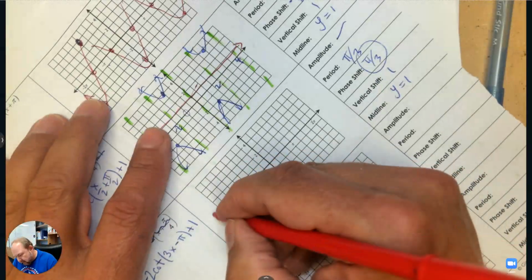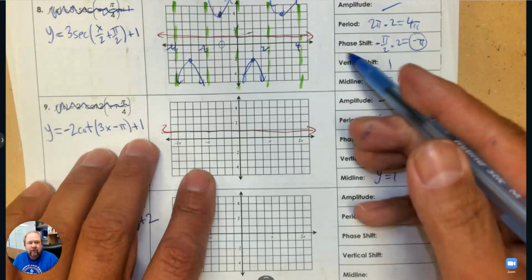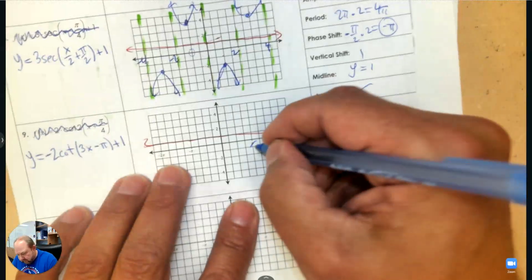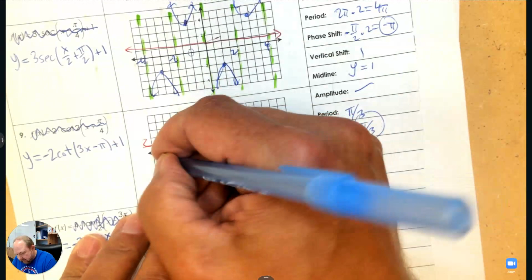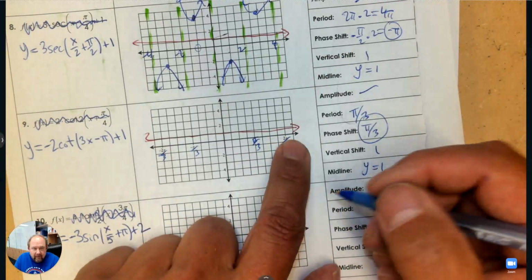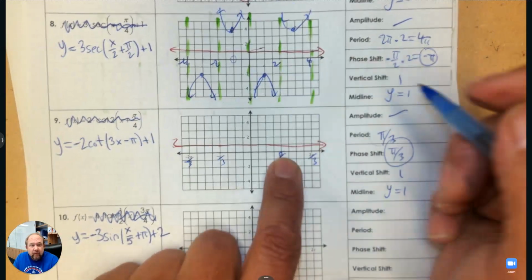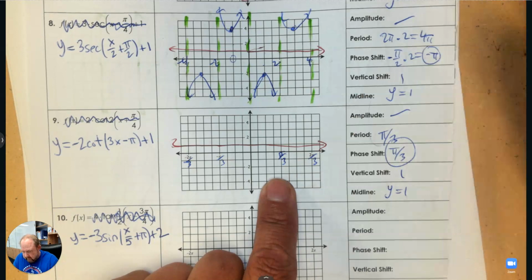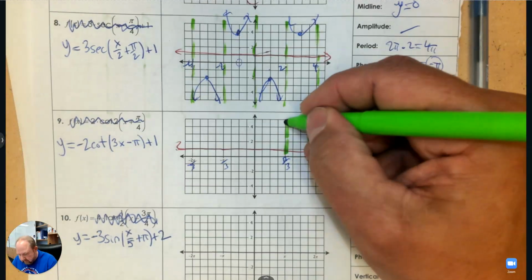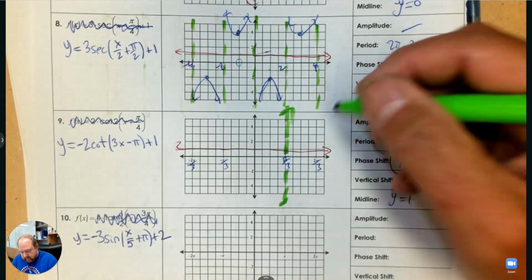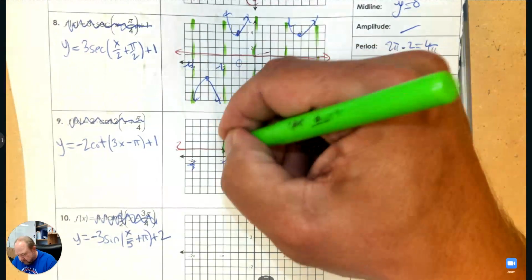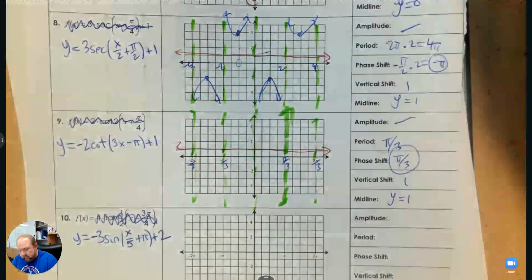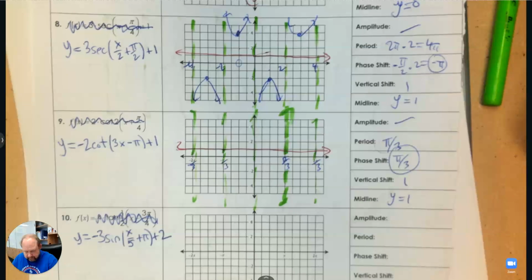So we start with 1, and then I'll change the scale too on the x to pi over 3. So the first one right here would be pi over 3 and then double it. So it's pi over 3, then 2 pi over 3. So at pi over 3, cotangent starts with an asymptote. And then that gives me my pattern, so I know where the asymptotes are. Then once the asymptotes are in,